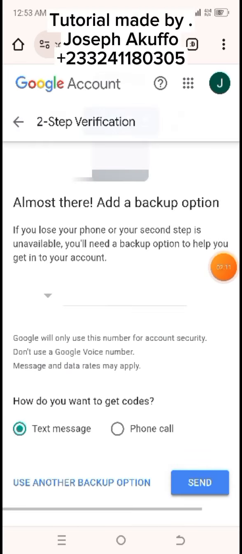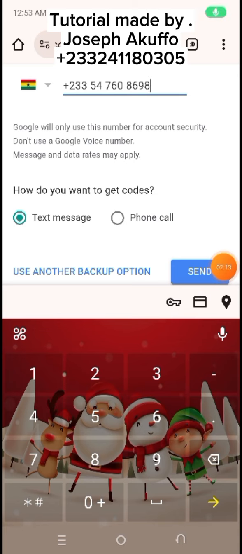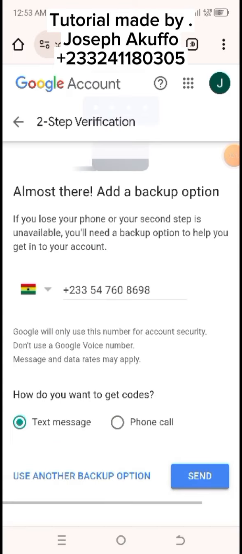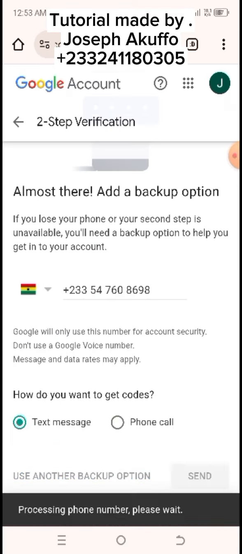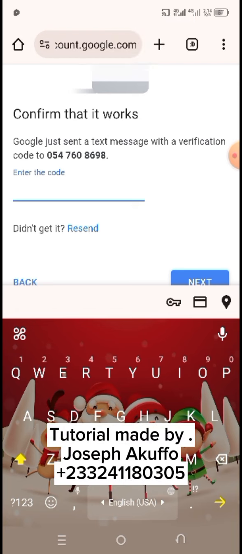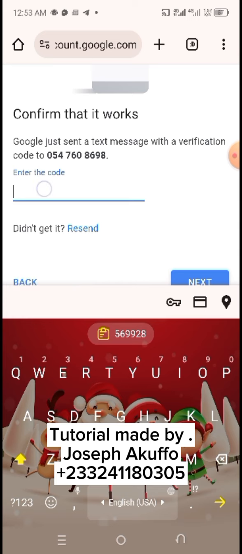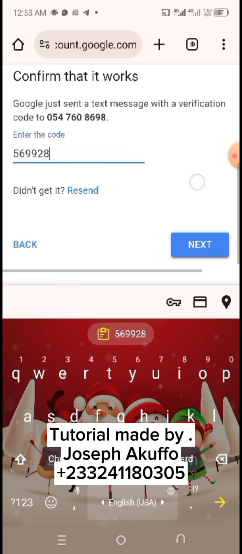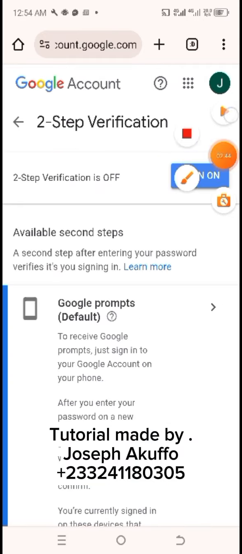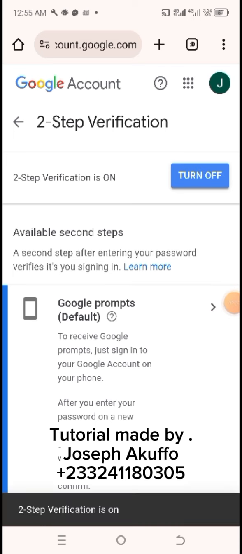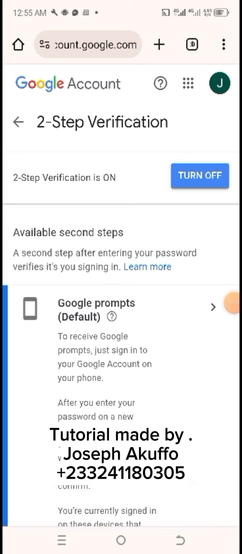Tap on continue and send the code to your text message. So send code. Now a code will be sent. So let's copy and paste it here. So you copy and paste, then come to next. Okay, so let's turn on the two-step verification. So tap on turn on. Okay, it is activated now. Now let's go back to